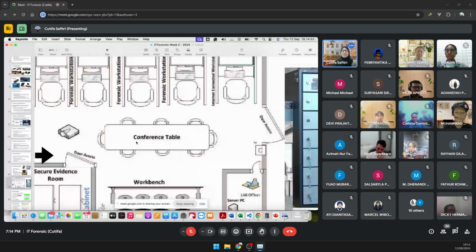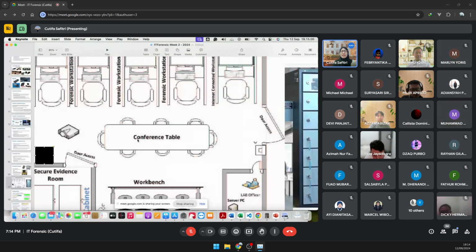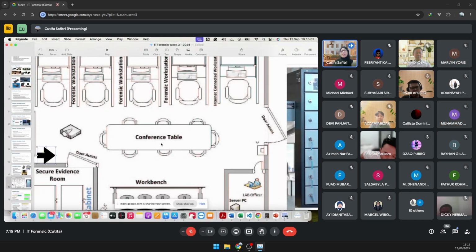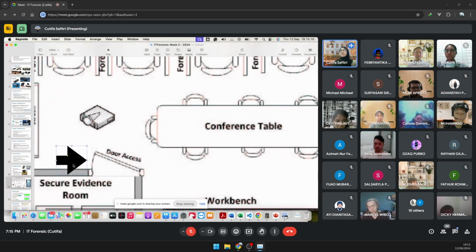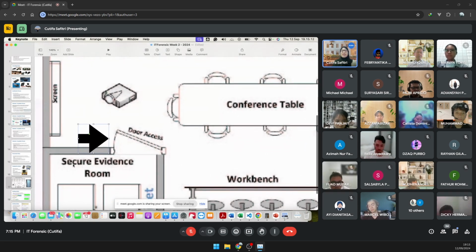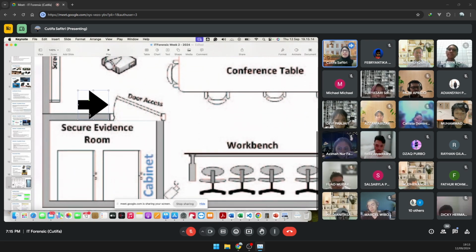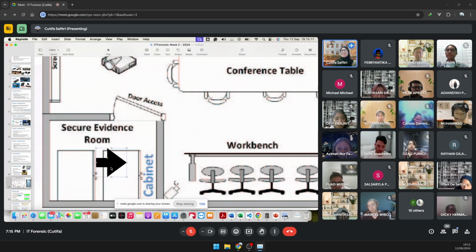If somehow people are trying to harm your evidence by stealing it or doing something, they have to get through this door, and then if they successfully manipulate their way through this door, they have to be able to manipulate this door again. Two doors already. And then the evidence is in the cabinet, and the cabinet is also locked.